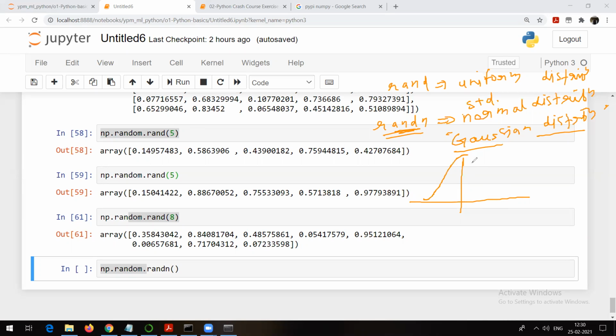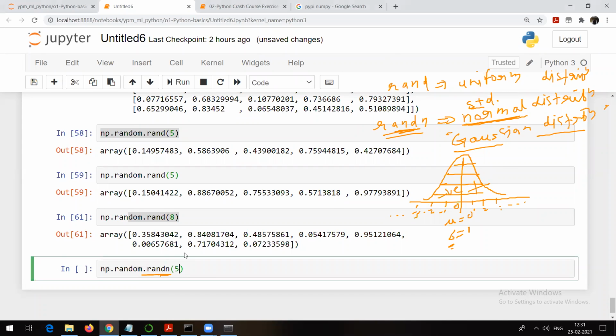The distribution of your data, if you plot a graph for your data, is going to look like this. This is 0, which is mu, that is mean, and standard deviation is 1. Do not worry if you are not aware about standard deviation, but try to understand standard normal distribution means the distribution of the data is something like this. It's also called as symmetrical distribution. Now what happens in this case? -1, -2, -3 and so on. 1, 2, 3, and so on. So np.random.randn always gives you values from the normal distribution. That means there will be some values which will be positive values and some values which will be negative values.